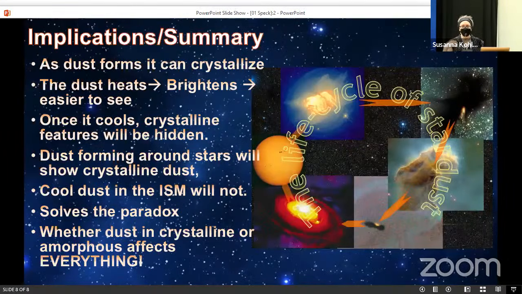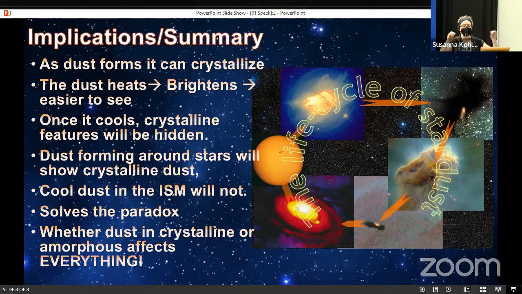Okay, so just to summarize what we think is happening, basically, as dust forms around a star, it's going to follow a similar process to the lava cooling in the crucible. If it's at about the right temperature, it's going to form something that's amorphous, but then as it cools, it's going to crystallize. It depends on the precise temperature it forms at. As it crystallizes, it's going to be hotter than the surrounding material. You're going to have some amorphous stuff that is cooler.